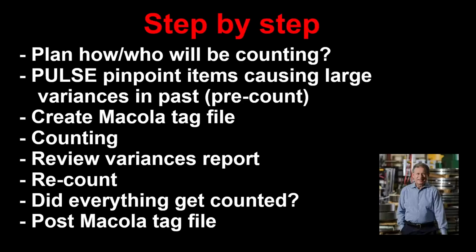Another philosophy that I have is that nobody goes home until we finish counting. So it's not like, well, Bill has this section, you know, by 2 o'clock he finishes, he takes off and leaves, or Mary picks the easy one to count, and she leaves at 4:30. So the philosophy that I've seen that works best is nobody goes home until everything is counted and recounted,